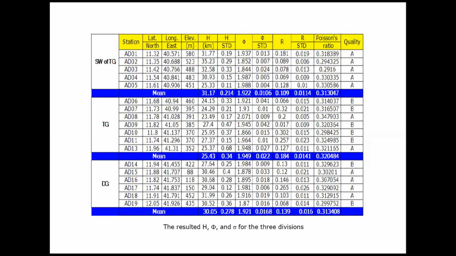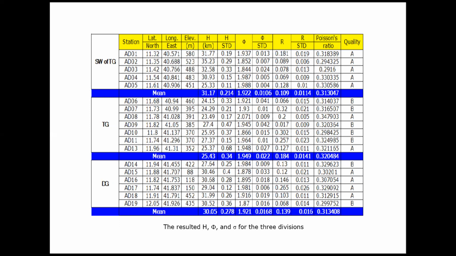This table shows that for the stations southwest of the Tindaho Graben, the crustal thickness beneath these stations ranges from 25.33 kilometers to 35.22 kilometers. The phi values range from 1.844 to 1.988. The R values observed are from 0.069 to